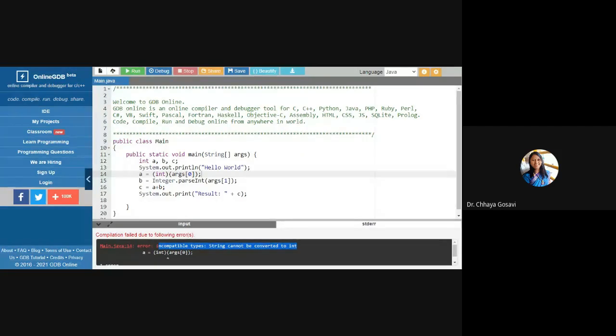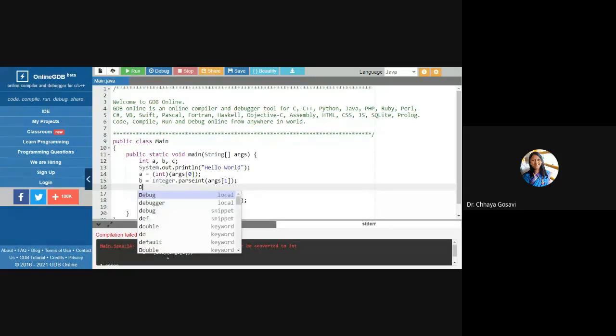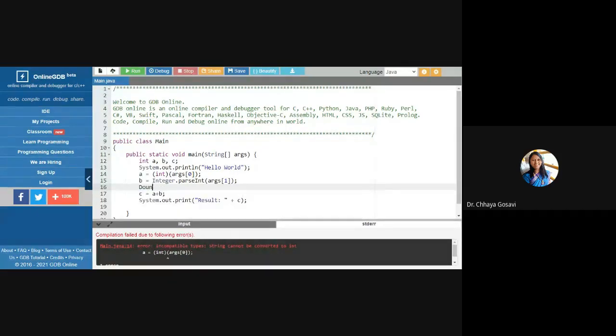And to convert string data to integer or float, we need these functions from Integer class, parseInt. If you want to get a double value, you need Double.parseDouble. There is a class called Double. So for every basic data type, inbuilt classes are there, which are called wrapper classes.